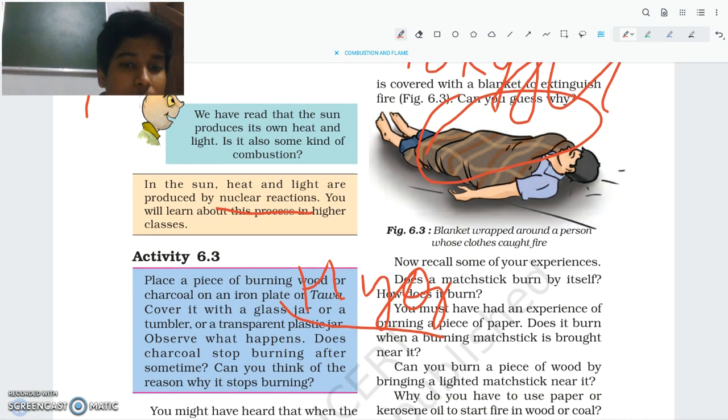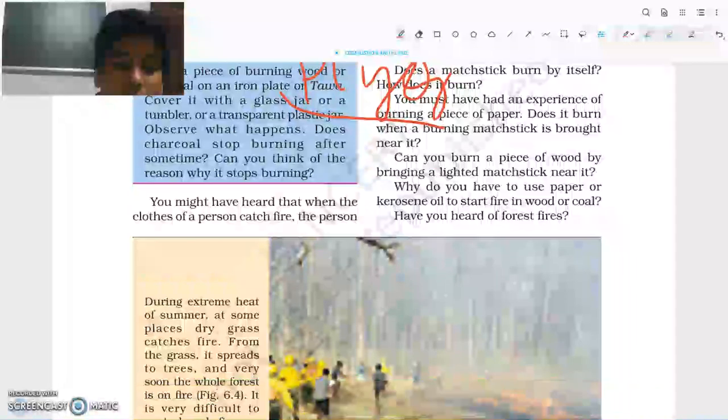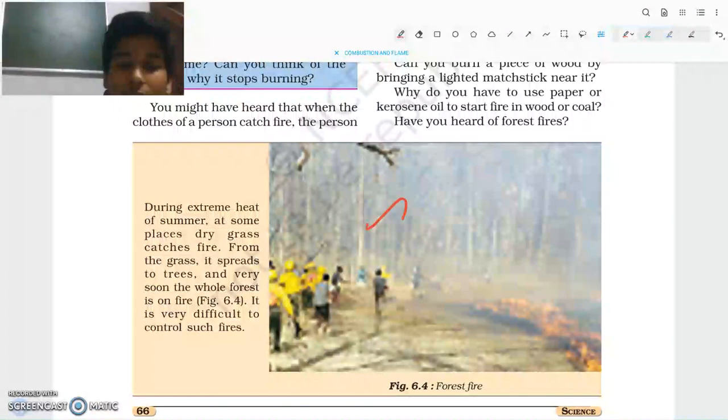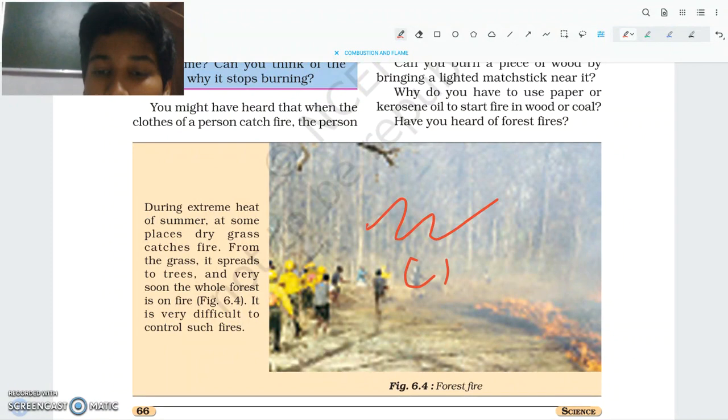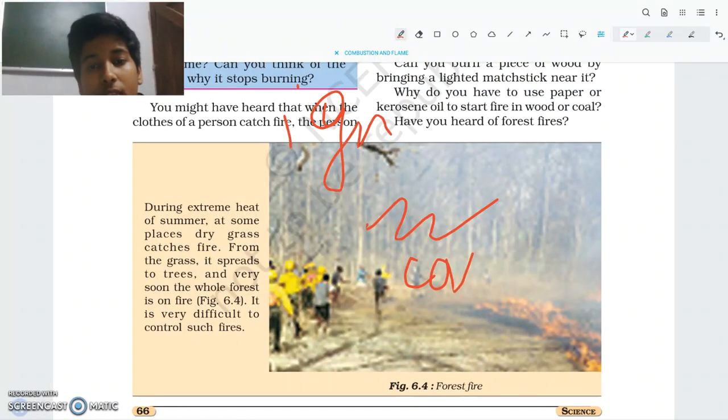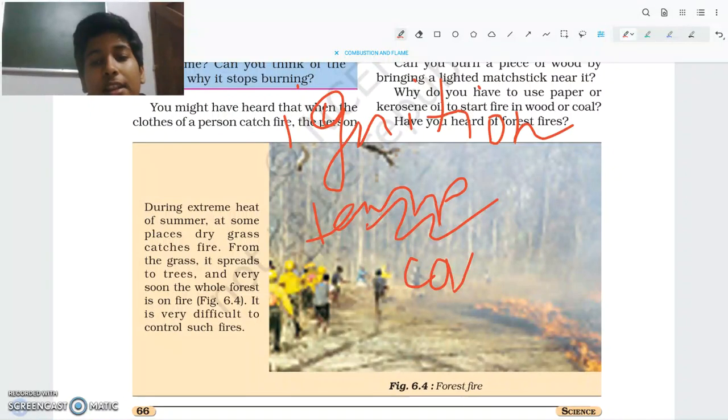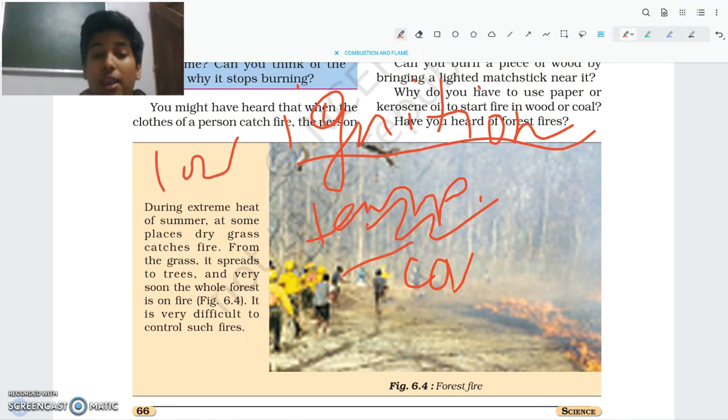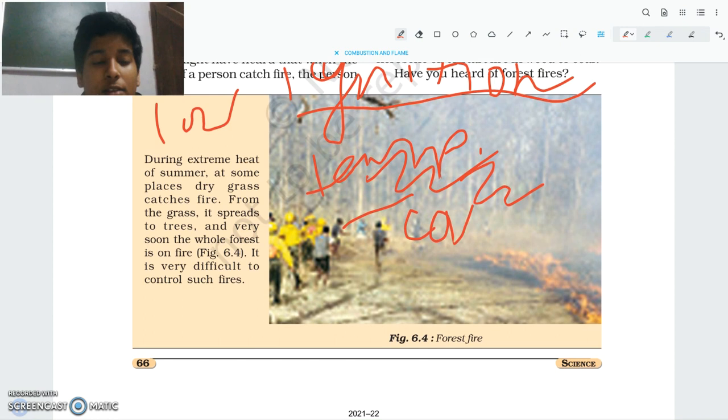It is also combustion. Now moving further, we see fires in places like California in the USA, where dry forests catch fire easily. The next topic is ignition temperature. What does ignition temperature mean? Ignition temperature is the lowest temperature at which a substance is able to burn. If these trees are dry, then even some heat could make them burn easily.